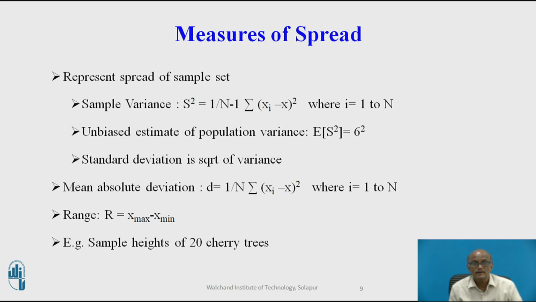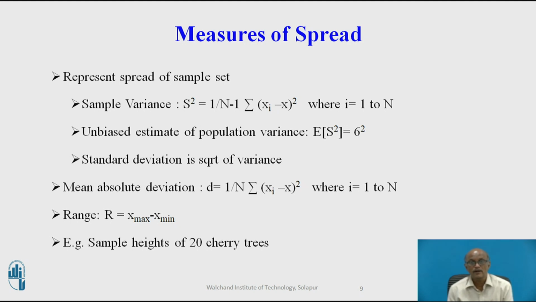When there are more values, it is better to divide by n minus 1, because one data point has been used to estimate the sample mean or the median, or whatever parameter we are actually estimating. So similarly here also we can divide by n minus 1 to indicate that only n minus 1 data points were available for obtaining the mean absolute deviation.